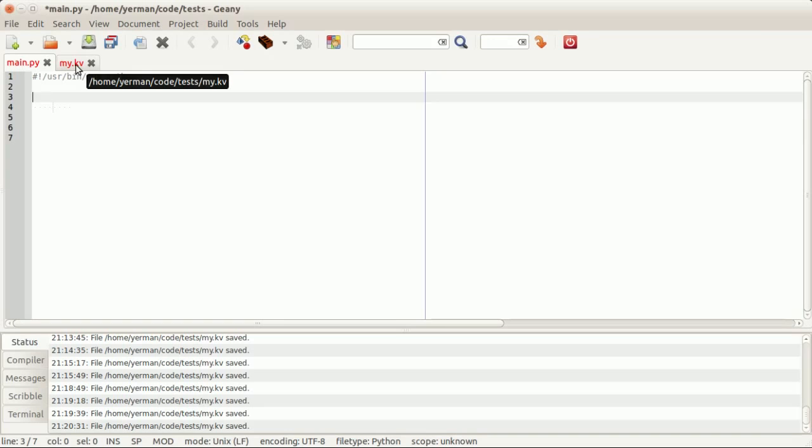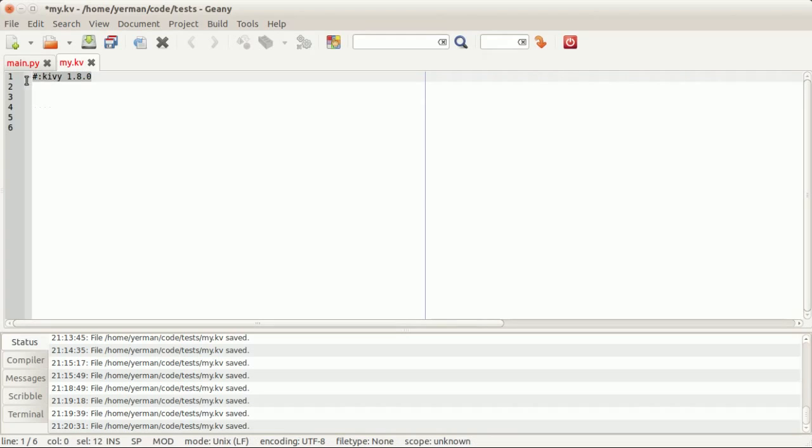First of all, I'm going to go through it slowly. But once you learn to use Kv with Kivy, as it's meant to be used, it's going to make your life a lot simpler. So I promise this won't be difficult. I'll go through it slowly, and I'd like you to set up your Kv file with this line at the top. You need this line at the top of your Kv file. So pause the video or whatever you need to do to get that set up,